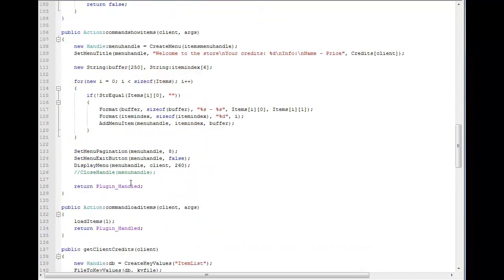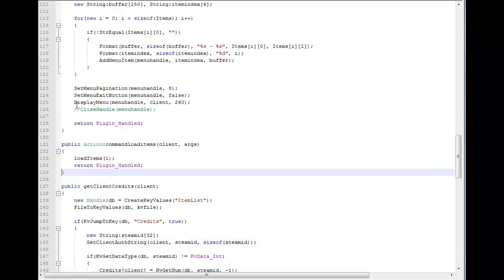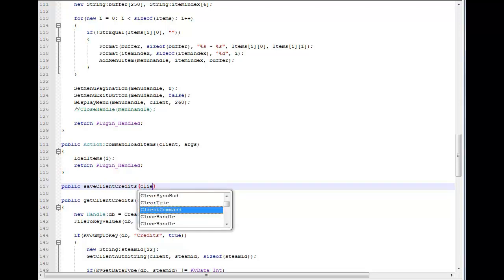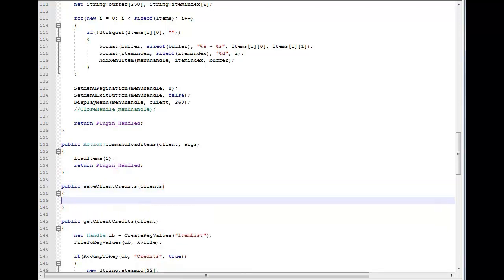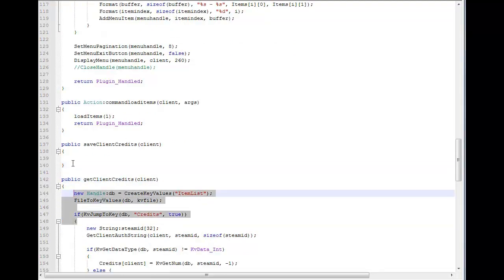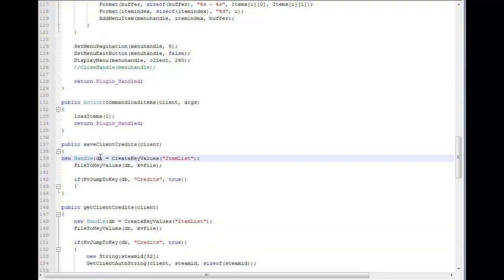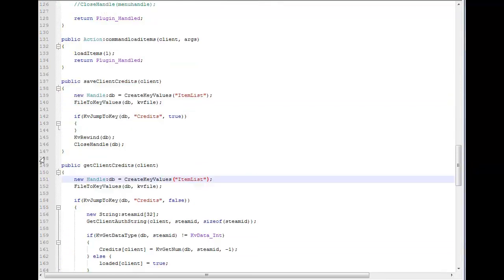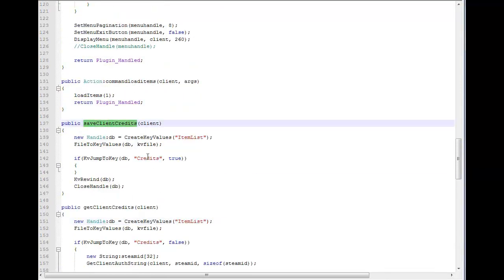Now we want to set the public save client credits. You can have one function for everything, but I think it's better to have one for each, since it's less complicated. Let me copy and paste this. There we go. Since we're going to save the client credits later when he disconnects,